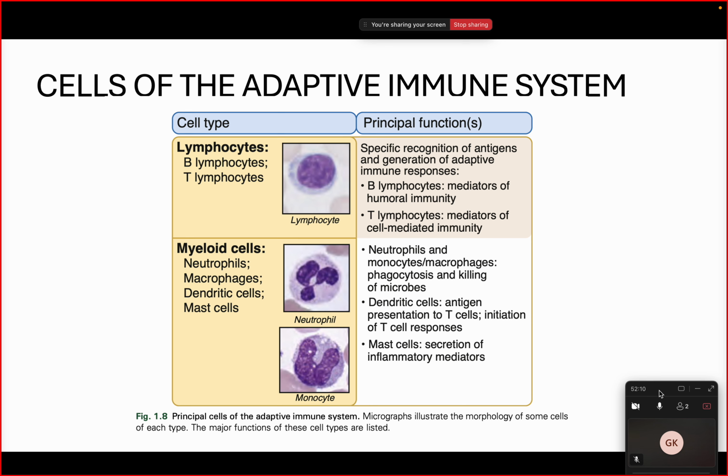Talking about myeloid cells, they are macrophages mostly. They kill the microbe because remember, adaptive immunity needs the antigen to be processed. The adaptive immunity cannot see the whole microbe, only the innate immunity can see that. Dendritic cells are antigen presenting cells and they initiate the T cell response. And mast cells basically secrete inflammatory responses. Okay,